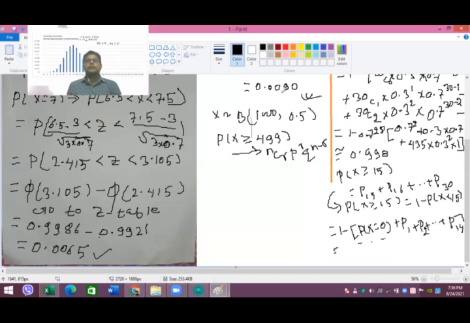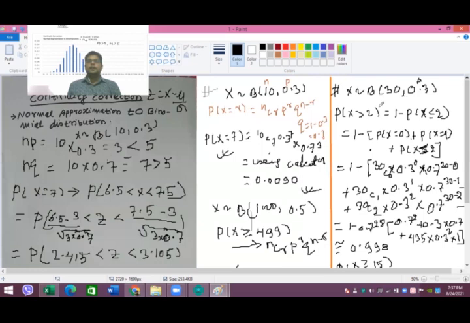Here the answer after the second decimal place is 990, but here it is 65. That means since the condition wasn't met in this case, the answer we obtained by using the normal approximation is wrong in this case. All right, now let's check for this sort of thing. So here we have used the direct binomial distribution formula in order to calculate the probability that x is bigger than 2. All right, and we have these many steps to calculate here, and our answer was like this. So let's see what happens for this problem.